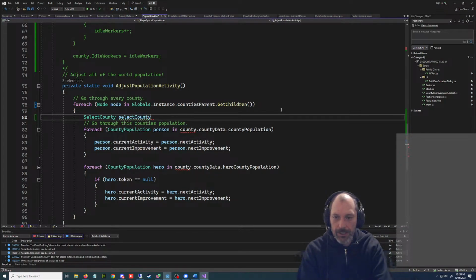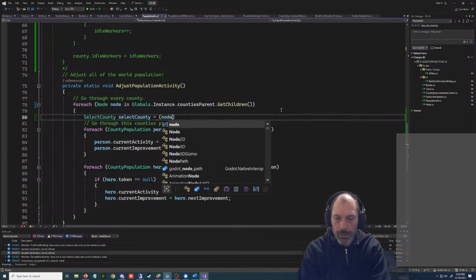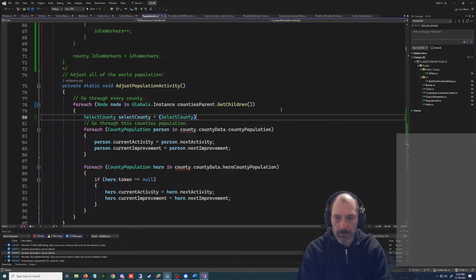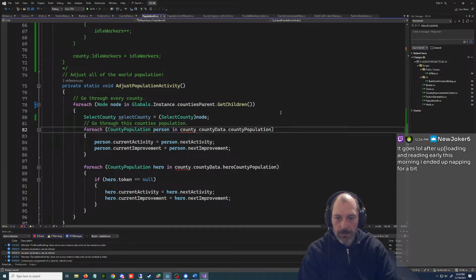I don't think this actually is the issue, but I'm just fixing these as I see them. Node. Nope. Select county node. And then I guess I could have done this differently. Whoops, no capital.